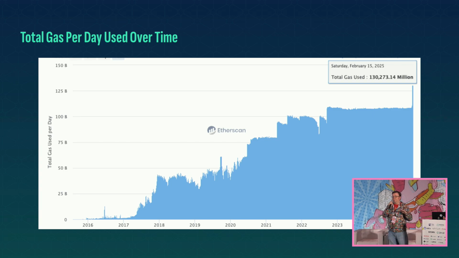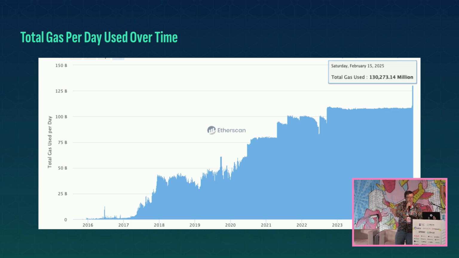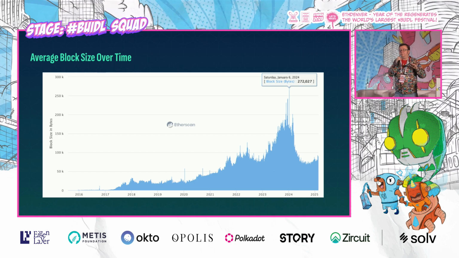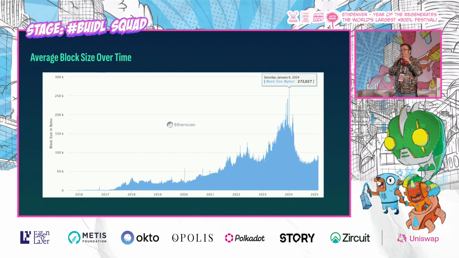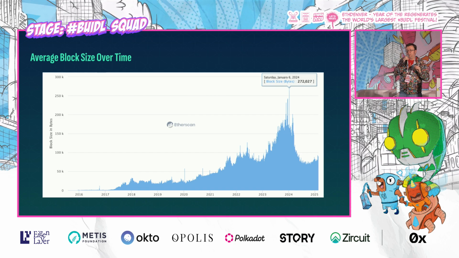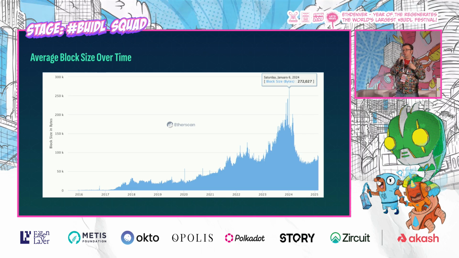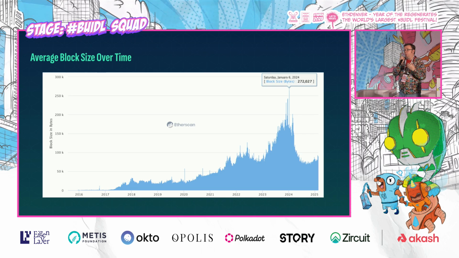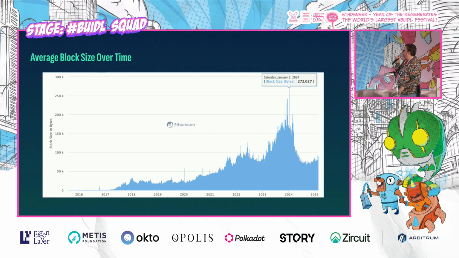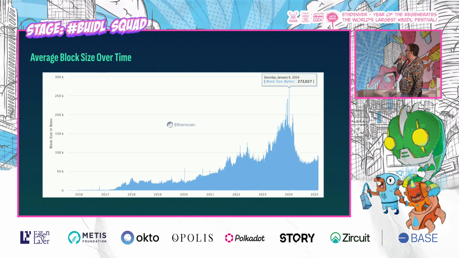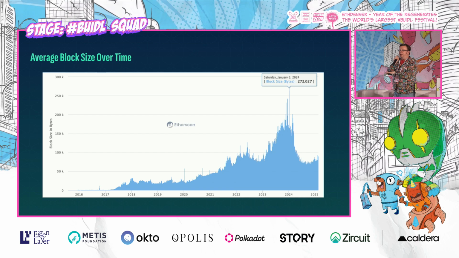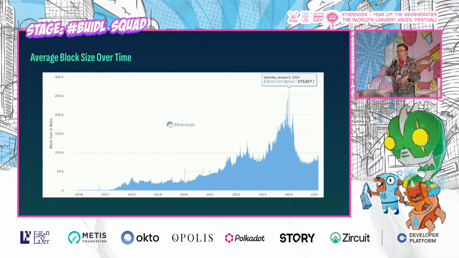So the gas has been flat. But you want to talk about the gas? Let's look at the size of the average block over that time. It tells an entirely different story. 2 years ago, it started out at a reasonable level, and it kept going up, up, and up. The reason is that layer 2s had to store all of their layer 2 transaction data on the layer 1 blockchain as call data. They had to put all their data in the transaction to be a real layer 2, to have the layer 1 track all of their data. So you can see the values went up and up, and peaked at about a quarter megabyte of data in January. And then around March, it went down like a rocket slide, back to the more reasonable levels we've seen in the past.